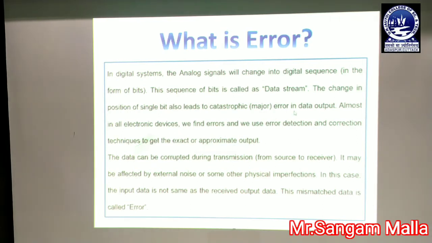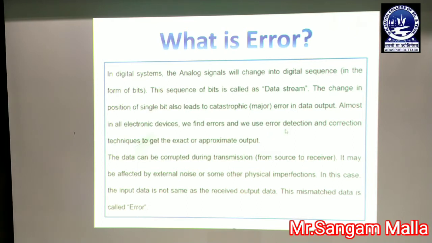Whenever we transfer a value from one location to another location, there may be a chance that the bits of the data get changed. Whenever the bits are changed, we call it an error. In order to find the error, we need error detection and correction techniques. The error detection technique is used to detect what type of error we have, and the error correction technique is used to correct the detected error found in the data being transferred from one location to another location.